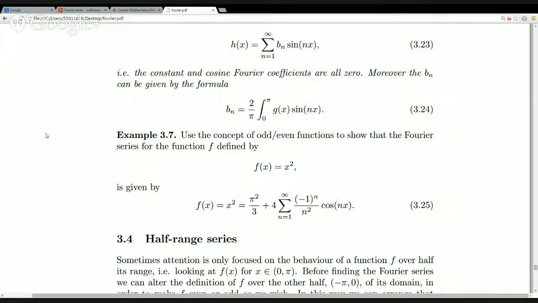If you really want more proof, you just consider what f of minus x is. Of course, it's minus x all squared, which is x squared, which is exactly what f of x is. So there you have it. Therefore, we know by that previous theorem, Theorem 3.4, its Fourier series